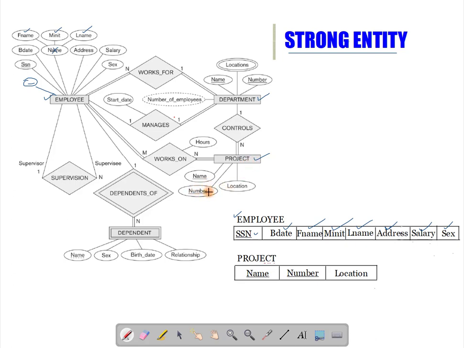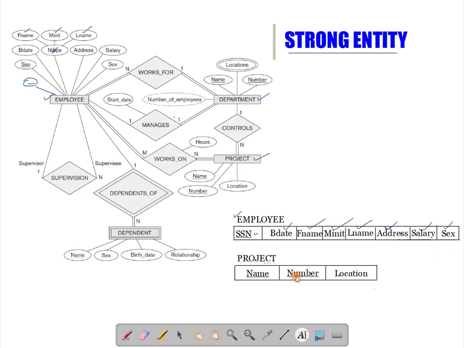See, there are two attributes, the project name and project number. Here we can choose any one of them as the primary attribute. We don't need both of them to be the primary attribute.